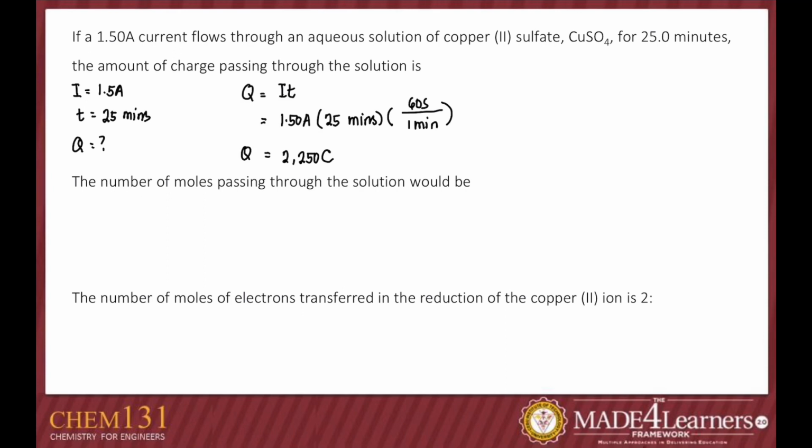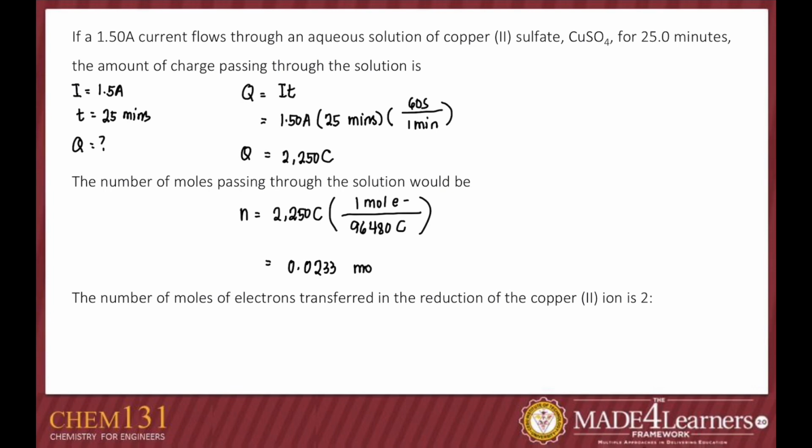Next, we find the number of moles of electrons passing through the solution. So, N, for the given charge, how many moles of electrons are passing through the solution? So, N here is equal to, how do we get the moles of electrons? We start from 2,250 coulombs. So, you can just use dimensional analysis. We know that there's 96,480 coulombs for every 1 mole of electron. And so the number of moles of electrons transferred here is approximately